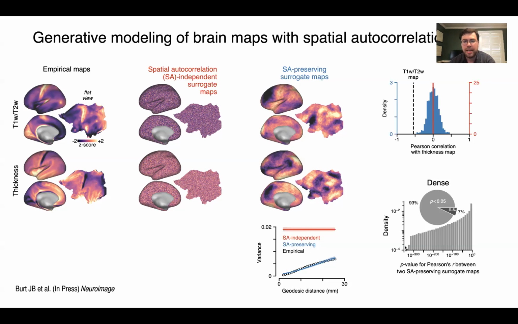And for example, here, if we take two random assay-preserving surrogate maps and ask what fraction of pairs would give you a significant result with a standard Pearson p-value, we find that 93% of randomized topographies would nonetheless give you a significant p-value, but in this case spuriously driven, under the null hypothesis that the maps are completely independent white noise lacking spatial autocorrelation. And so this shows that spatial autocorrelation can substantially bias and drive spurious results in these types of map-map correlation